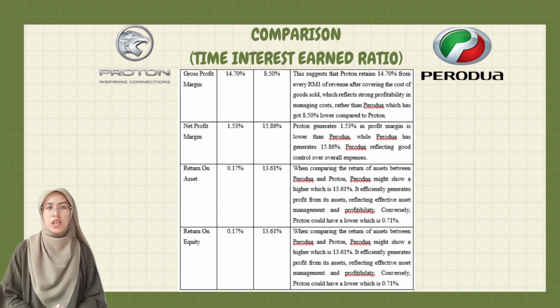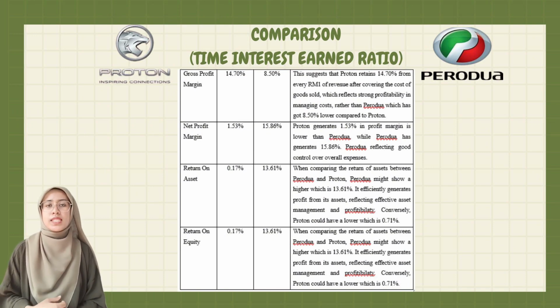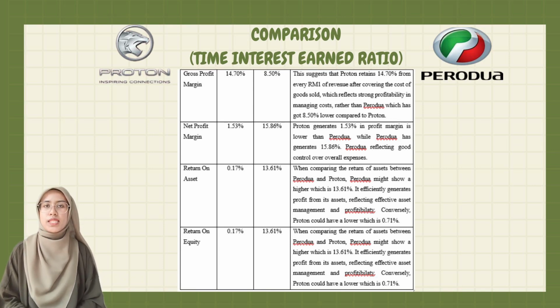Last but not least, we had profitability ratio. In profitability ratio, we had gross profit margin. Proton leads slightly with 40.70% compared to Perodua's, which is 8.50%. However, when it comes to net profit margin, Perodua stands out with